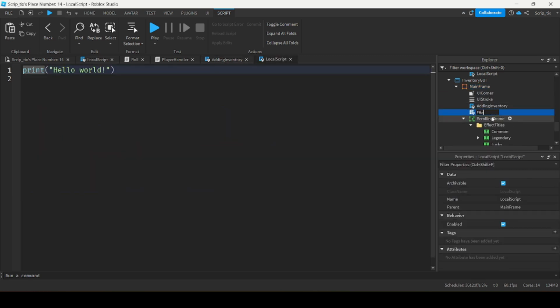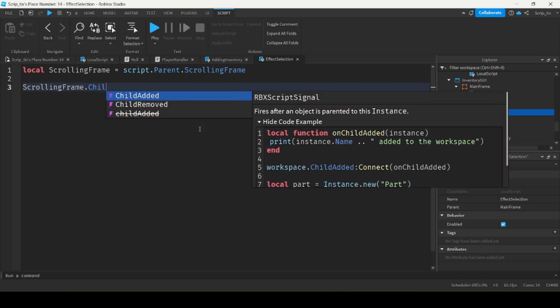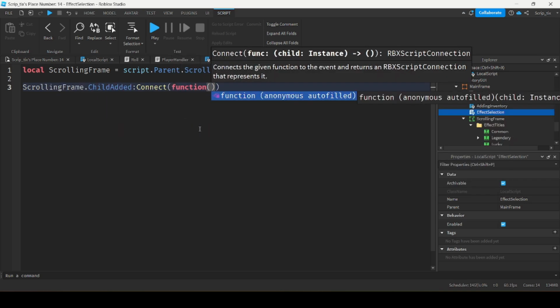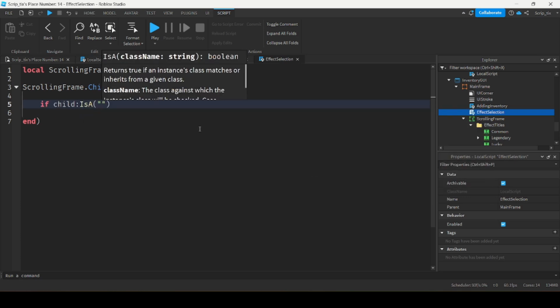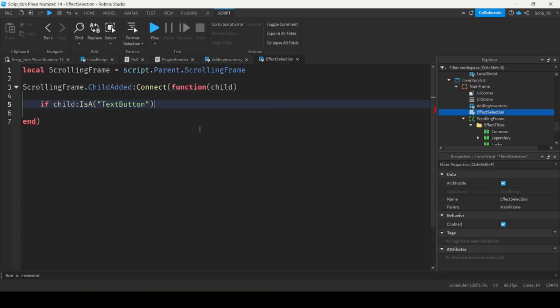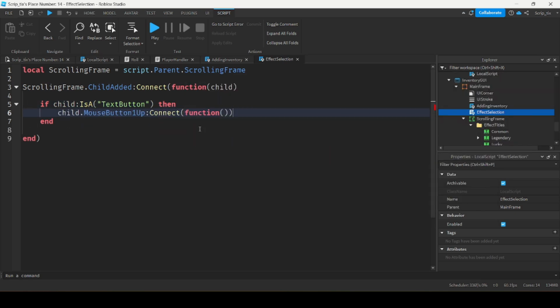We'll call it effect selection. So first we have to get the scrolling frame, equal to script.Parent.ScrollingFrame. Then we do ScrollingFrame.ChildAdded:Connect(function(child). If that child is a TextButton, then child.MouseButton1Up:Connect(function()